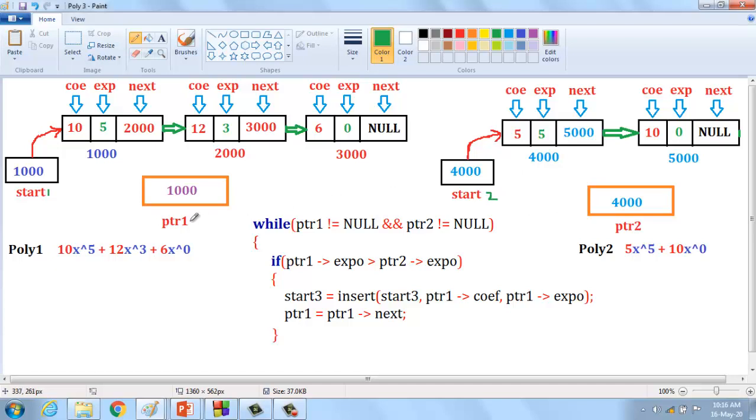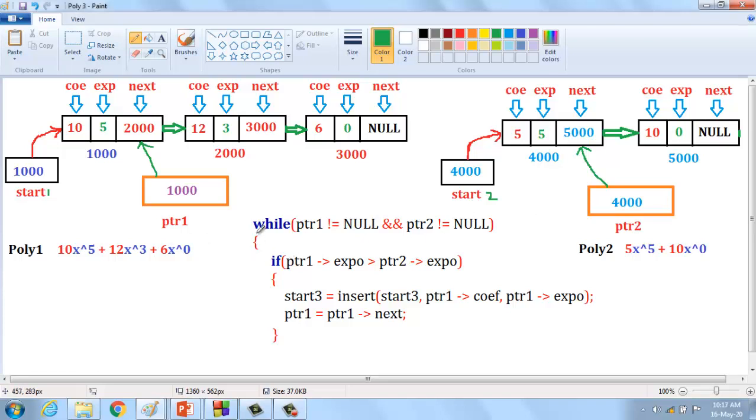So ptr1 points to the starting node address. We call this a temporary pointer; in the previous video lecture we represented temp1, temp2 like that. Similarly ptr2 points to the first node in the list, because ptr1 equals start1 and ptr2 equals start2 are already declared in the program.